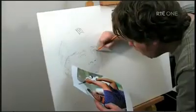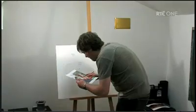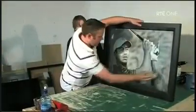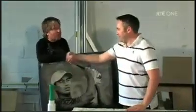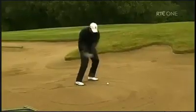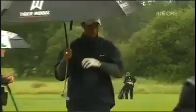I decided to paint a portrait of Tiger Woods because I knew JP McManus's Golf Pro-Am was coming up, and I knew he'd be at it amongst other celebrities. So I painted Tiger Woods over 4 nights with about 10 hours sleep, very tired. No real plan in mind, just went out to the golf tournament on the last day, stood there with the painting, had a lot of the media coming up to me wondering what the story was basically, and long story short, got to Dare Manor, got to hand it to the man himself, thanks to JP McManus who introduced me to Tiger,